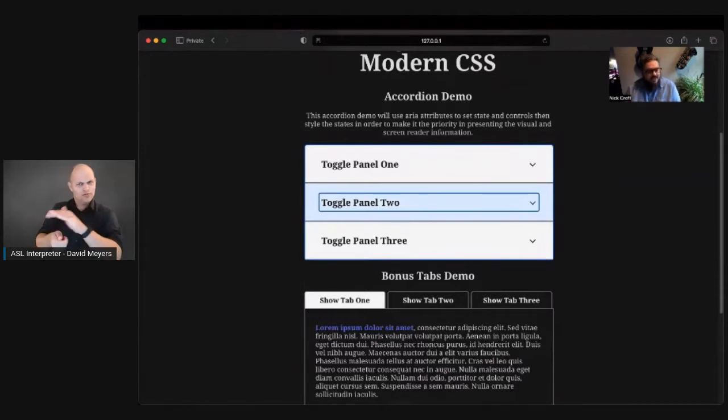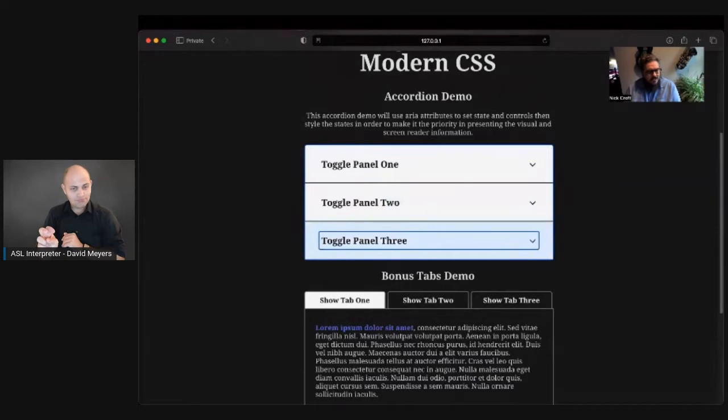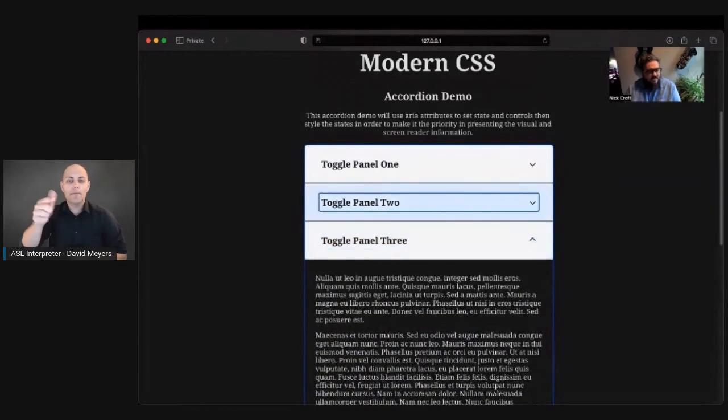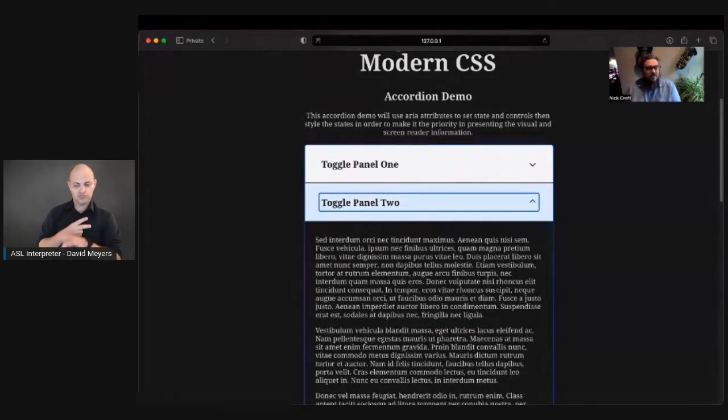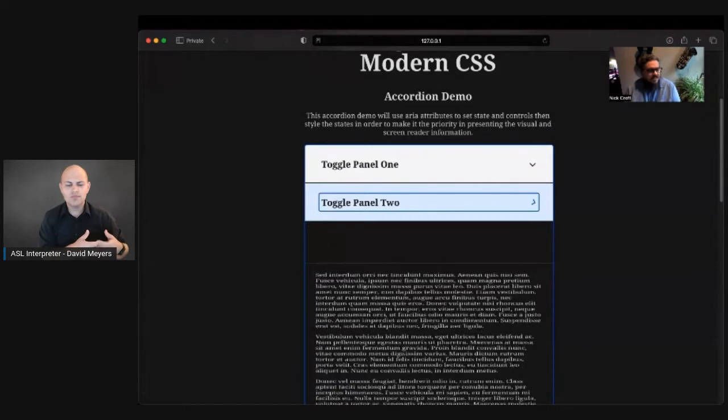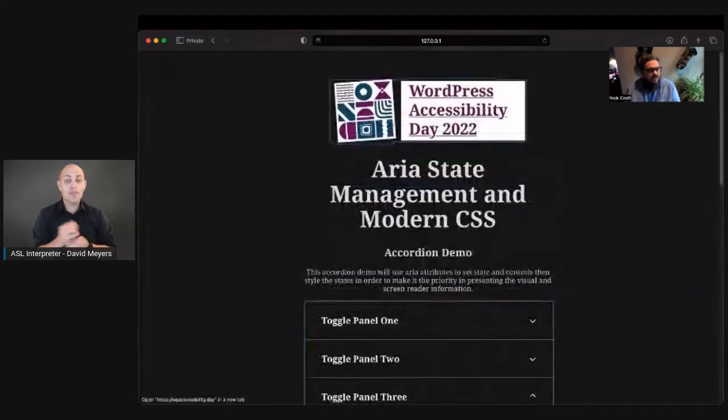So now if I continue to tab around and open things up, it works. If I tab up to panel number 2, and this time I'm going to hit my enter key, it's going to work. And it's really important that that happens because buttons should work with the space bar and enter key. And we'll talk about that more in a moment. So the last thing I want to show you with this demo is if I turn on my screen reader, it is going to work.